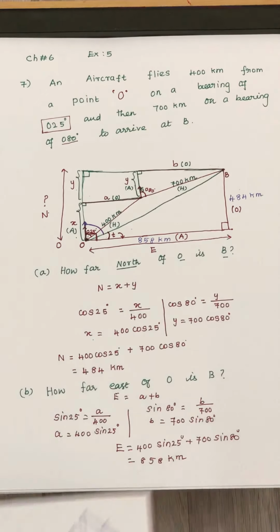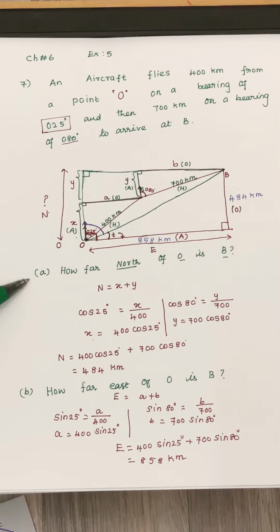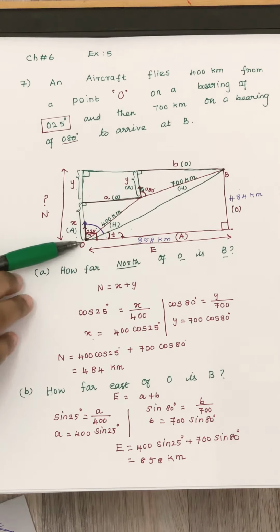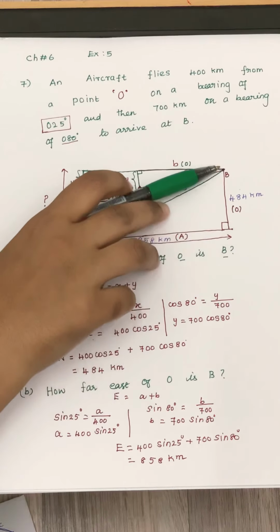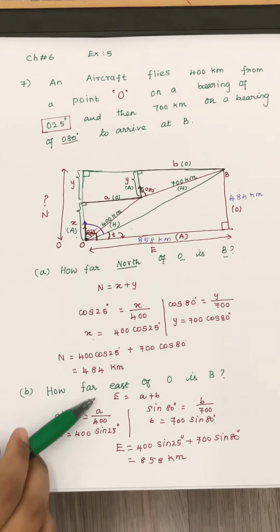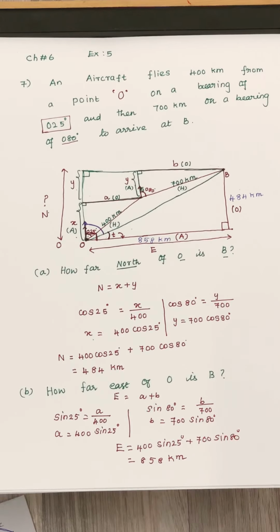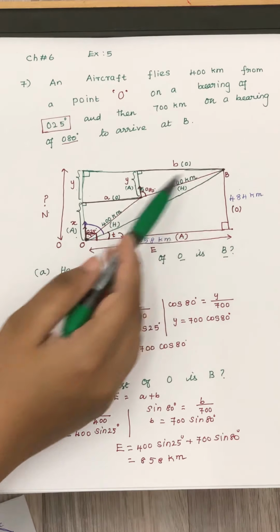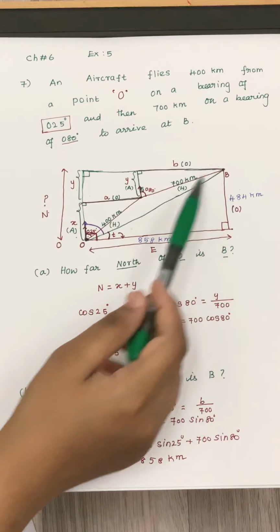Okay. So what we discussed in question number 7. First, using the given part, we did the diagram. Second, part A is the north direction distance. From the starting point, we move towards the north, stop at the end point, and then we calculated our north direction distance. And part B, the east direction distance. Start from the starting point and move towards the east direction, stop at your end point. Then I found the distance in the east direction. And part C is to find the distance of B from O, and also find the bearing of B from O.